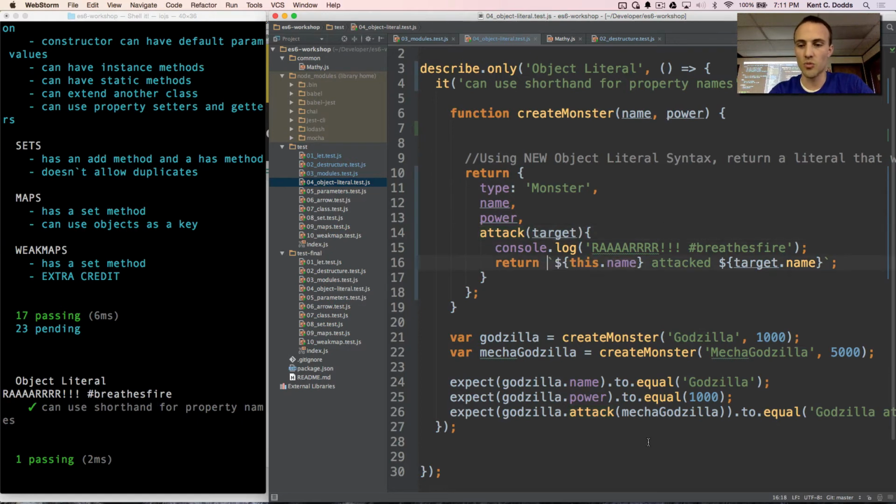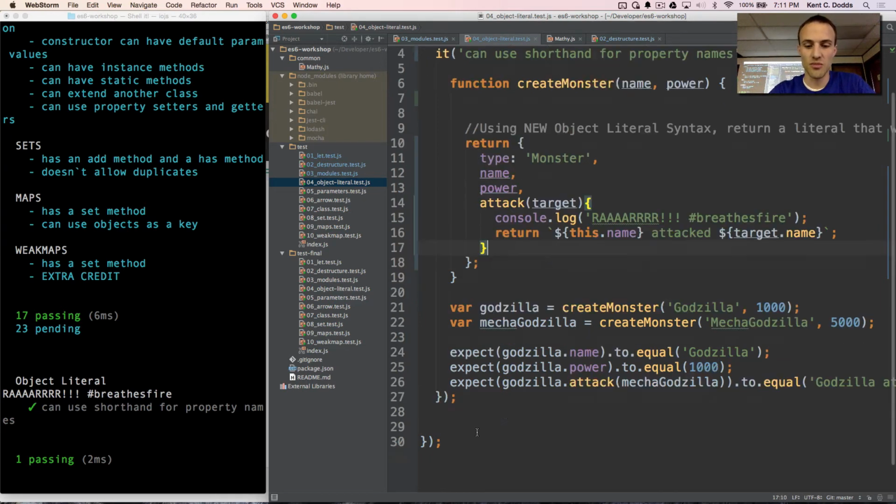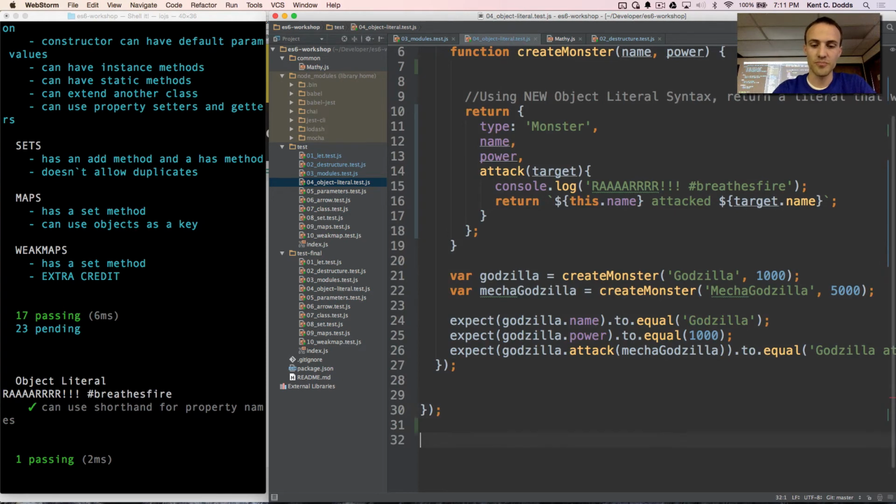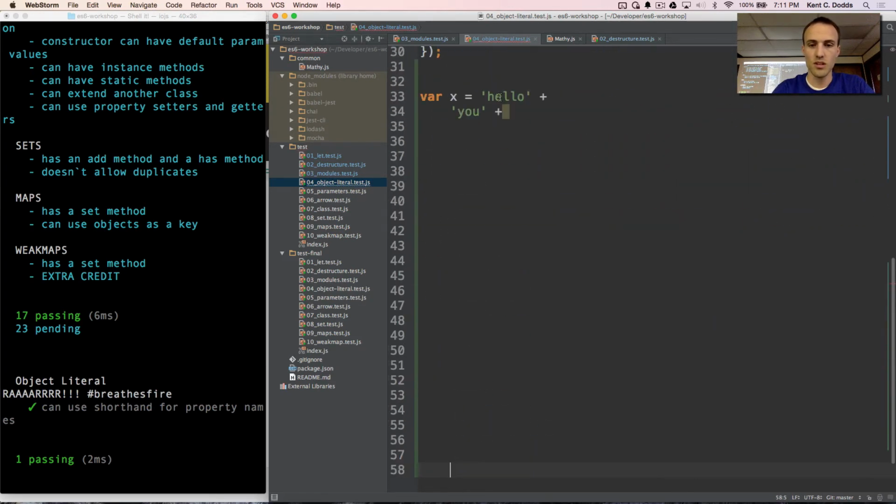And then here you have these backticks. These are awesome. Let me show you something. So in JavaScript, if I wanted to do a multi-line string, I would say var x equals hello, and then I need to do this plus thing, and you, and then rock.